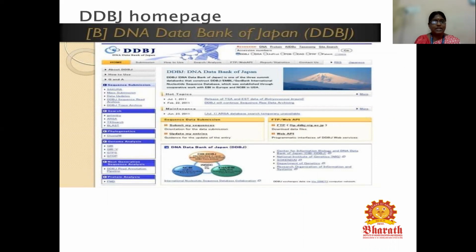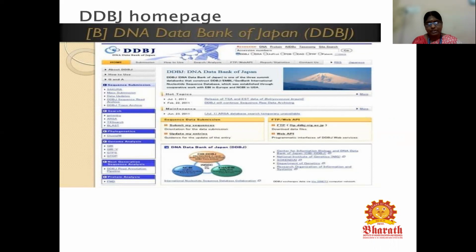But in DDBJ, we have the codes, that is, what codes are available, and then sequence data submission. We have more options like submit my sequences, and they also give an orientation program for beginners. Here you can see the orientation for data submission, and you can update my entries. It gives guidance for updating an entry.